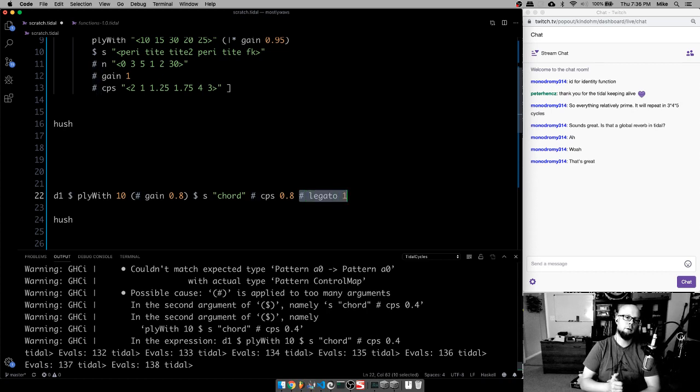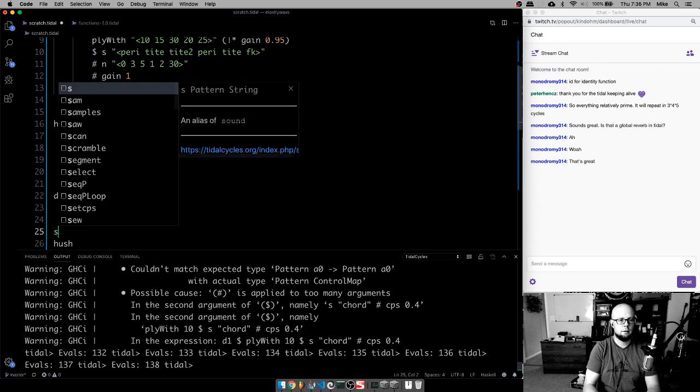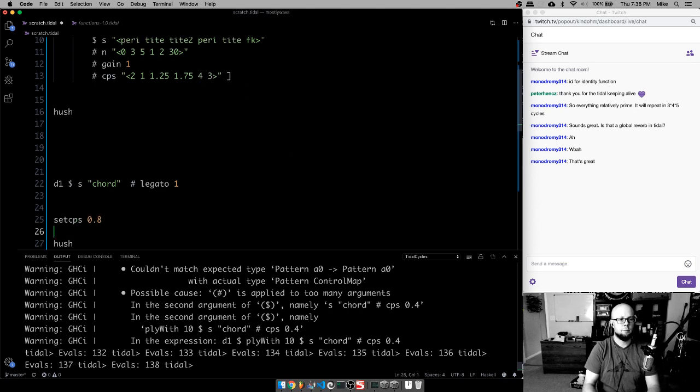So legato will set the duration of the note event within the cycle. So legato 1, let me go back to a simple example here. Let's make sure our CPS is set. So we've got a simple pattern. If I just say legato 1,